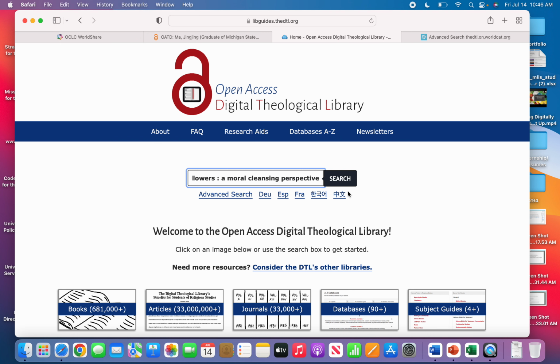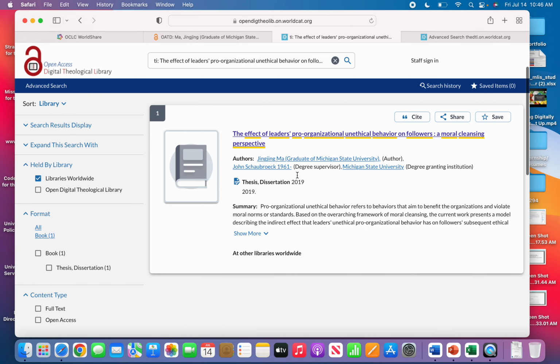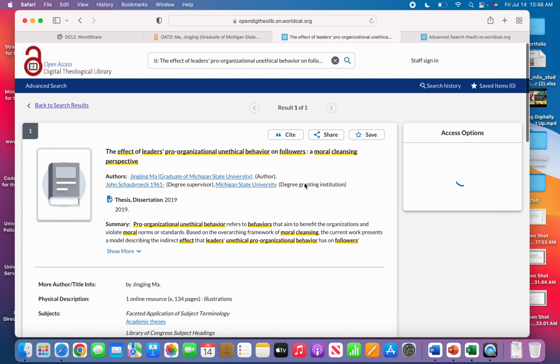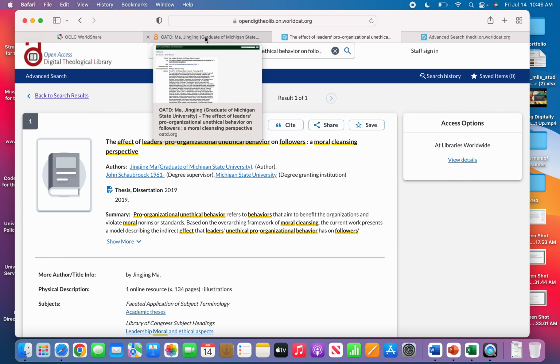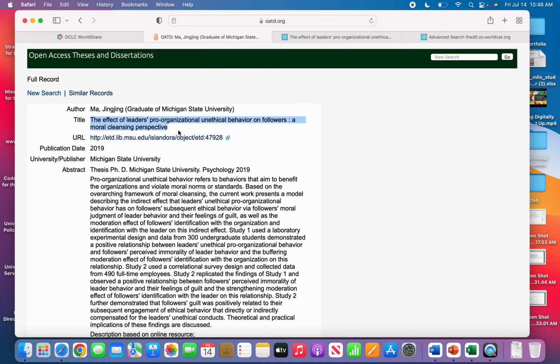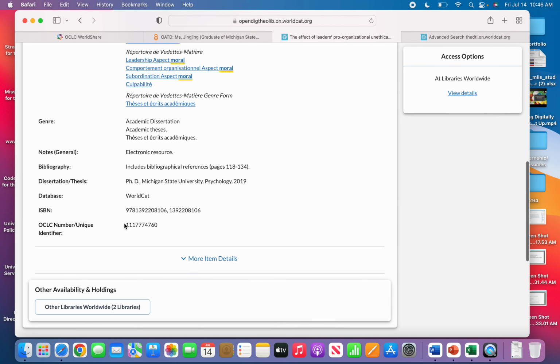We paste, okay, and we search for it. And then click on Libraries Worldwide. And then there it is, and click on it, and if it matches up with the title, author, date, and publication, which it looks like it does, you can go ahead and scroll down and highlight and copy and paste